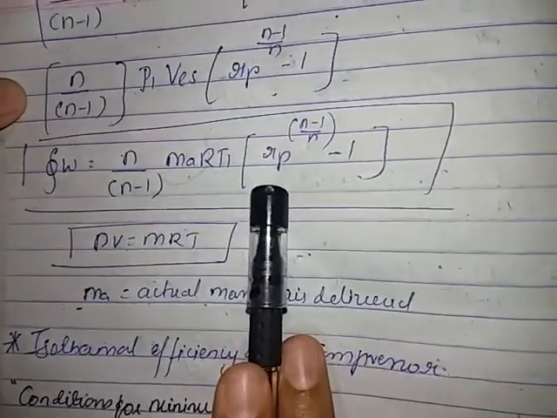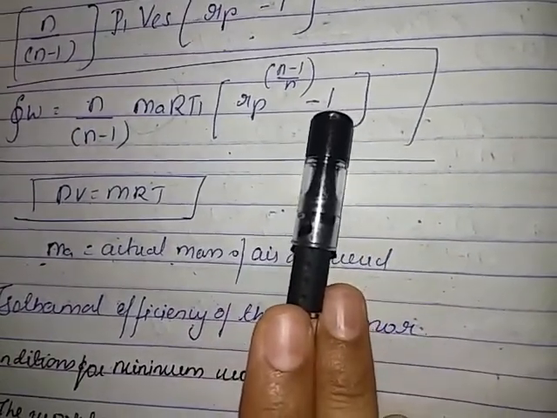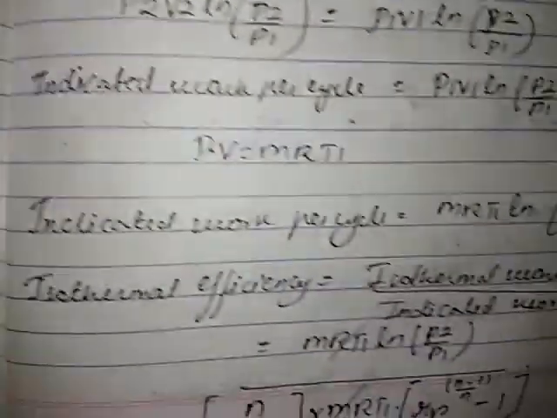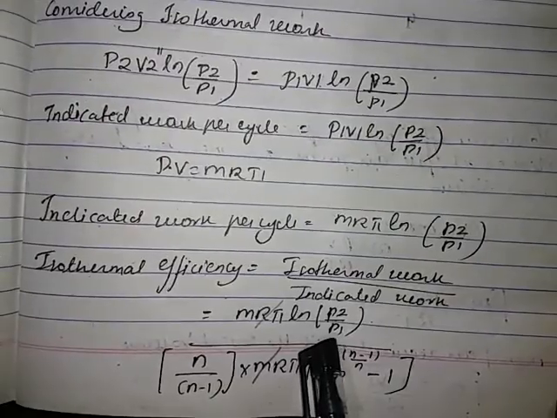What is this? Pressure ratio, (n minus 1) upon n. This is my indicated work. Now I will substitute that. So, isothermal work upon indicated work. Now if I substitute,